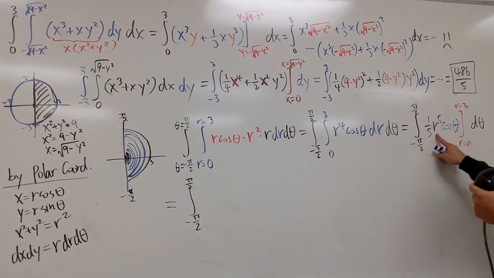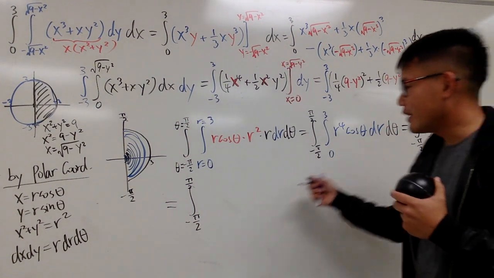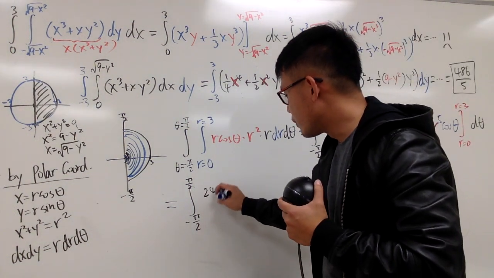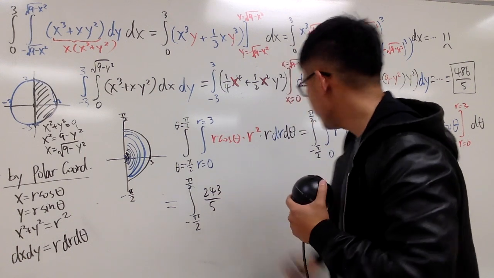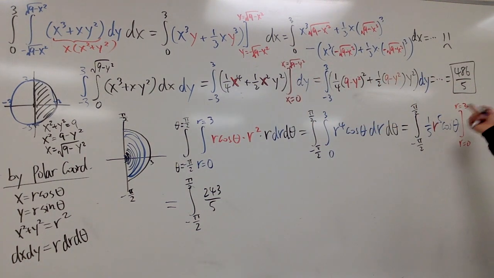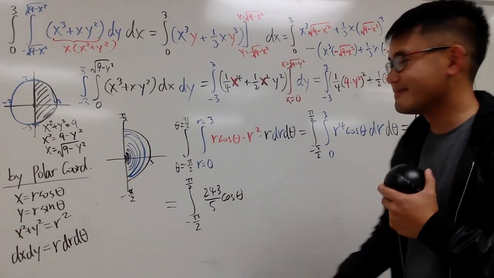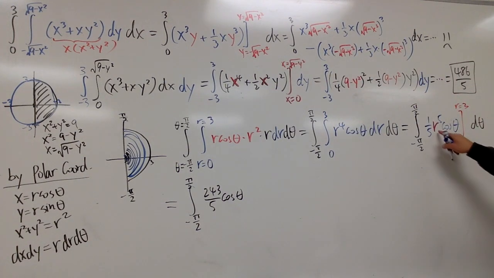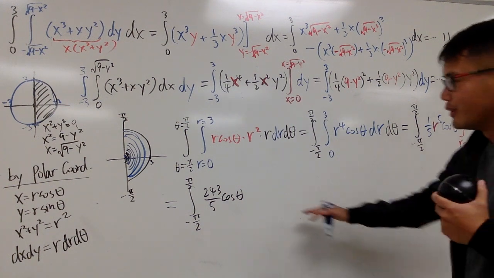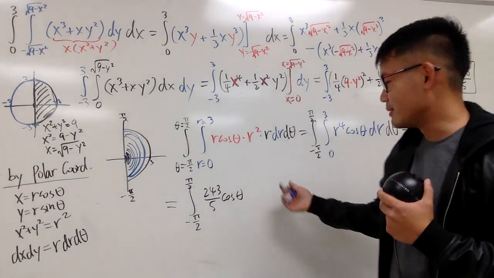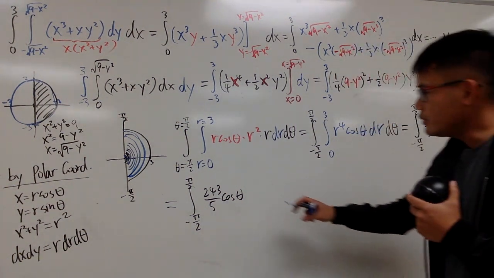This is 3 to the 5th power. And then you still have the over 5, so we have 243 over 5. And of course, you maintain the cosine theta. And then when you plug in 0 into this r, you just get 0, so minus 0, which doesn't matter. And then you still have to finish this in the